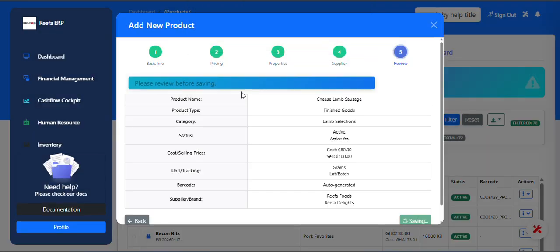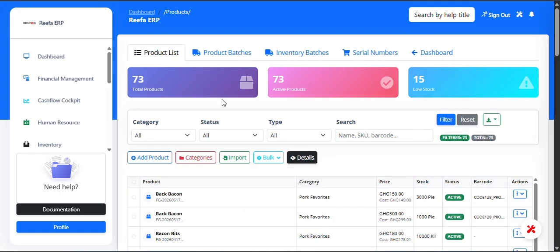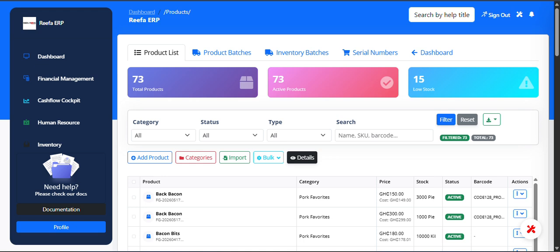So this is how to add products to your product list. Now let's look at the inventory. So after adding product, you have to go to inventory and put the actual inventory, as in the amount of those products you have. Okay, so I go to inventory